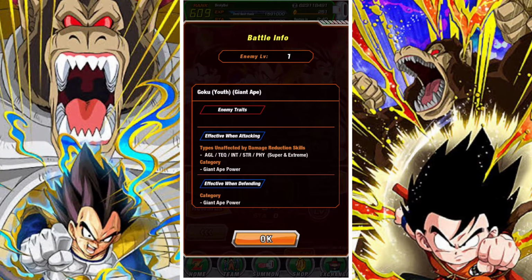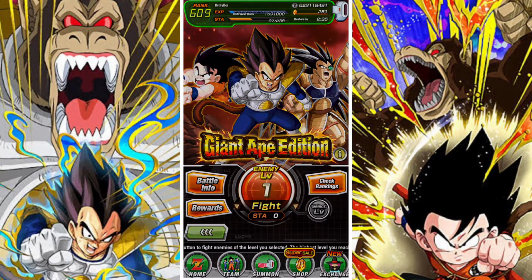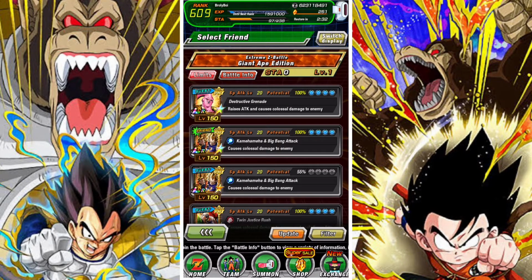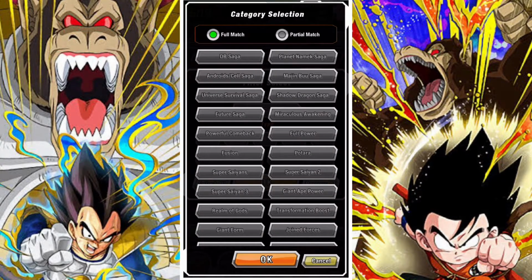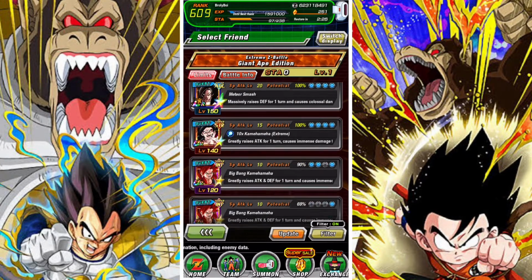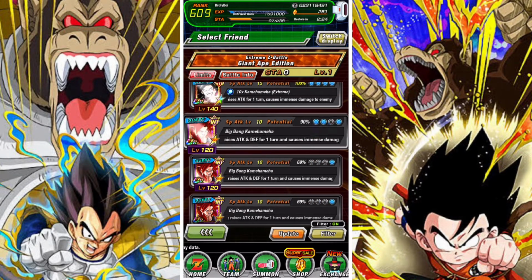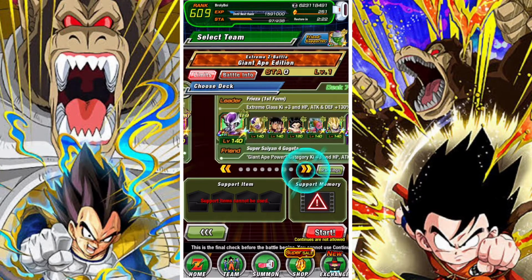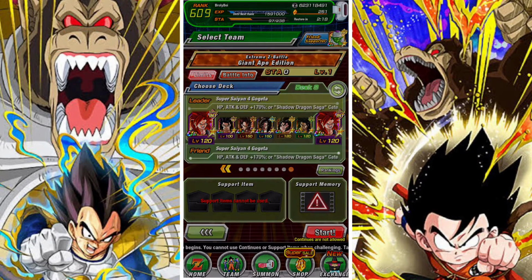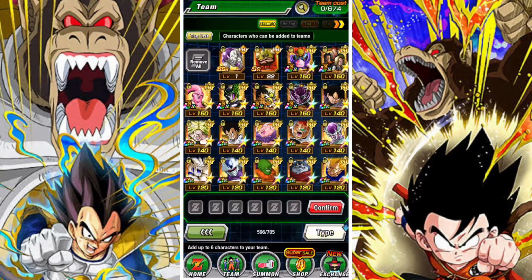As you can see, for Battle Stage 1, there's not really anything going on. We can seal the unit, stun the unit, and all of that. In terms of category, obviously the Giant Ape Power is the go-to category here, but it is obviously requiring the SS4 Gogeta lead. Fortunately, he is on the current banner, so if you did manage to get him, great for you. Otherwise, what you're going to want to do is take a friend SS4 Gogeta,